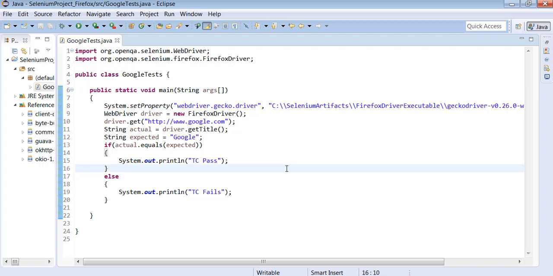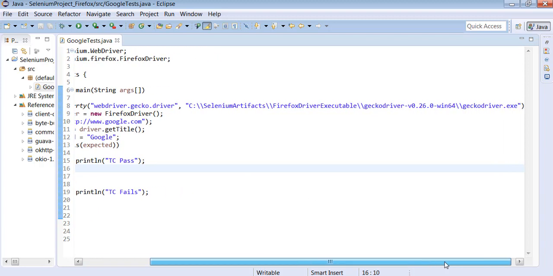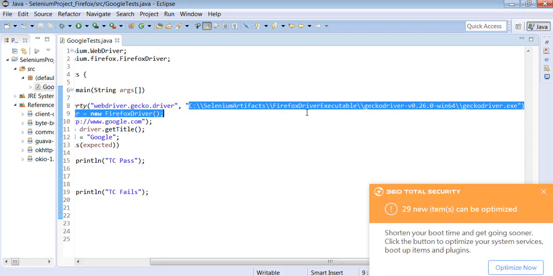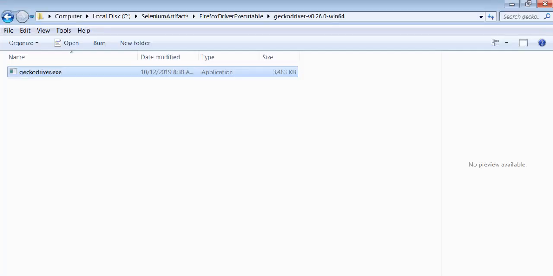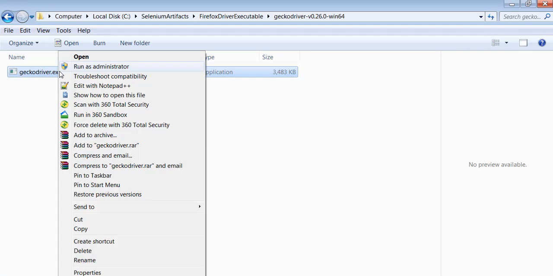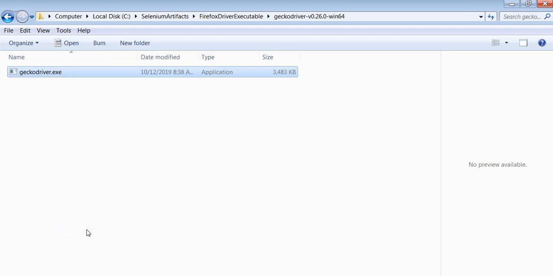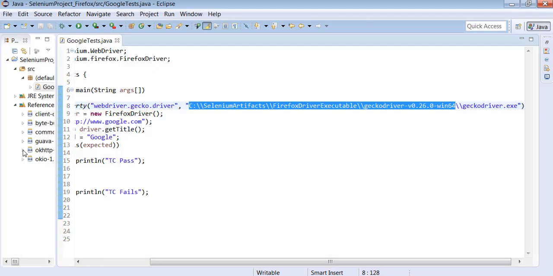But one important point, it is not a good practice to provide the hard-coded path in the program. So to avoid that, what we have to do is right-click on the executable file, copy this executable file, and go to the Java project.